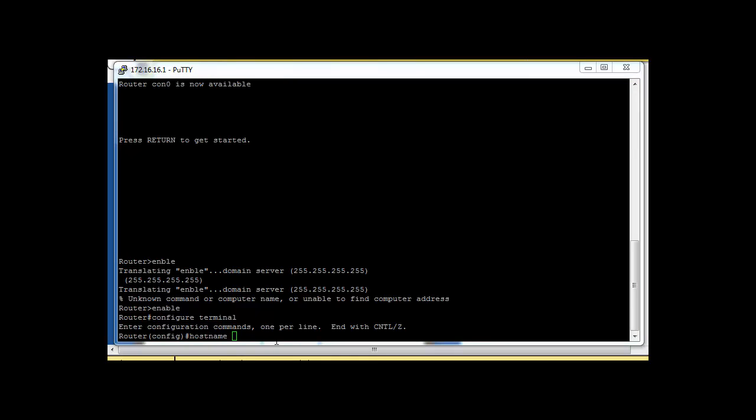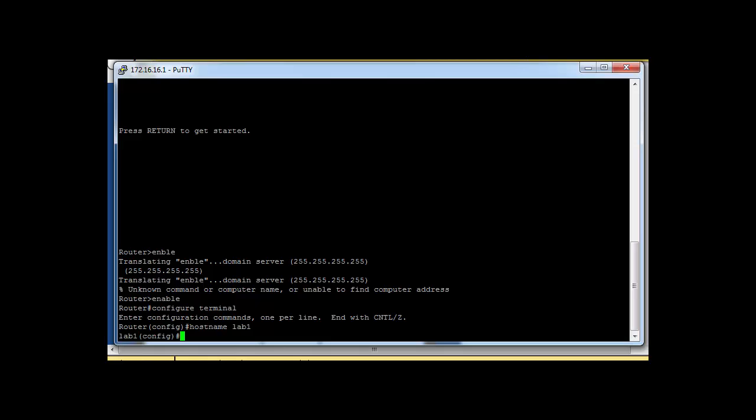I will define the host name of a particular router based on its location, its network, or its configuration. Here I will change my default host name from Router to one based on the location, so Lab1. See here, it automatically changes from the default host name Router to Lab1. Like this, it's possible to change the host name as many times as you want.